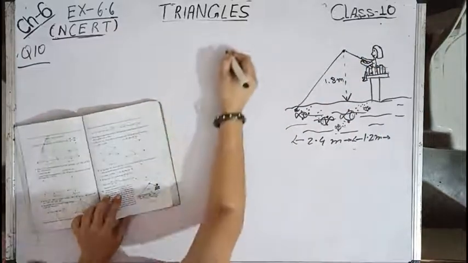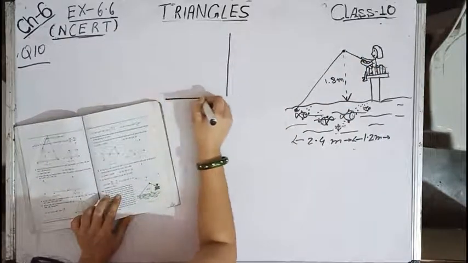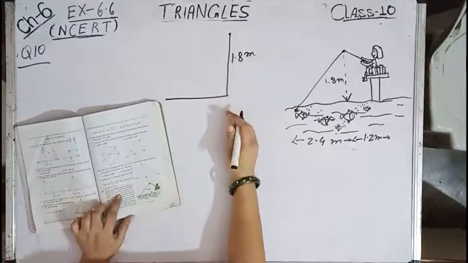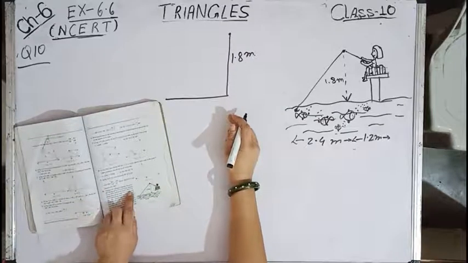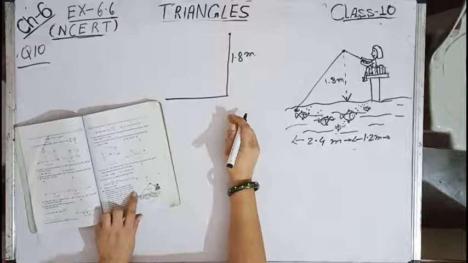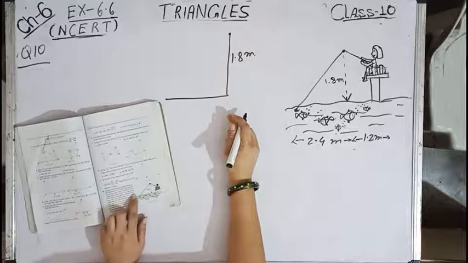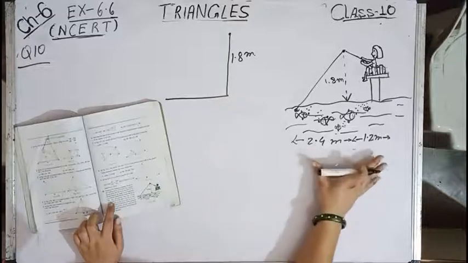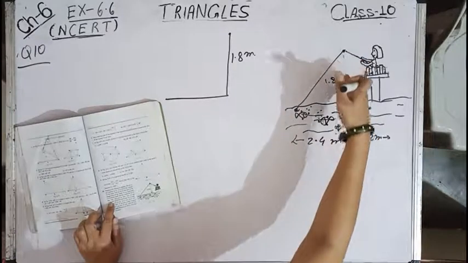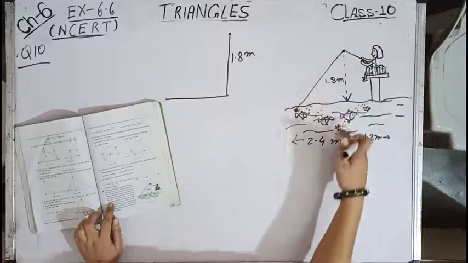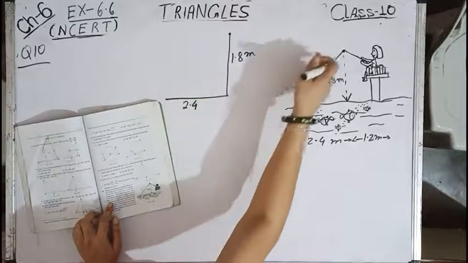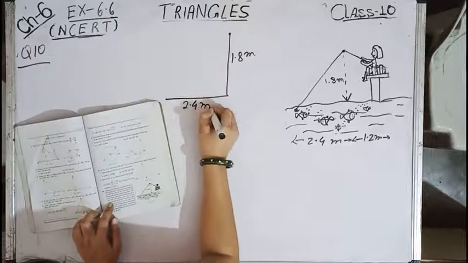So if we talk about a right angle triangle, this one is the tip of the rod and this one is 1.8 meter above the surface of the water, and the fly at the end of the string rests on the water 3.6 meter away and 2.4 meter from a point directly under the tip of the rod. That is, this whole distance from Nazima is 3.6 meter, and straight below the tip of the rod, this distance is 2.4 meter.